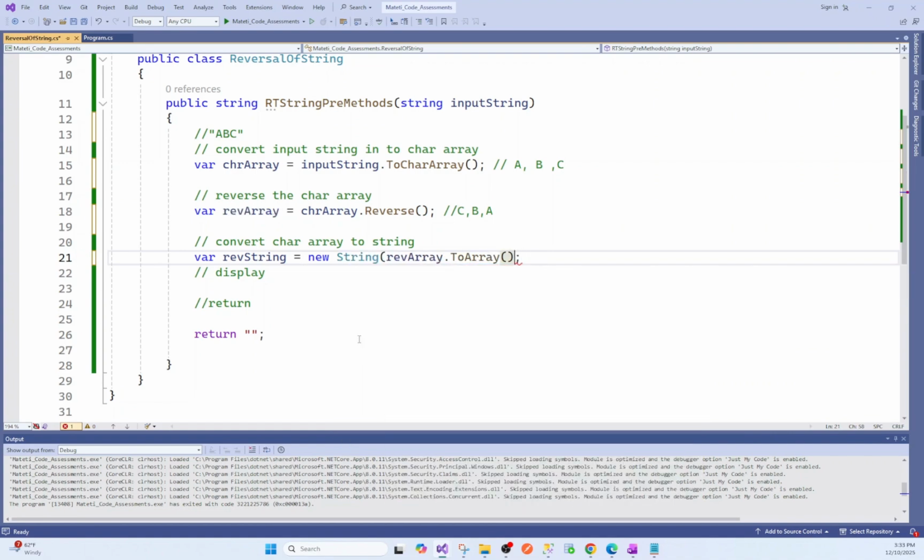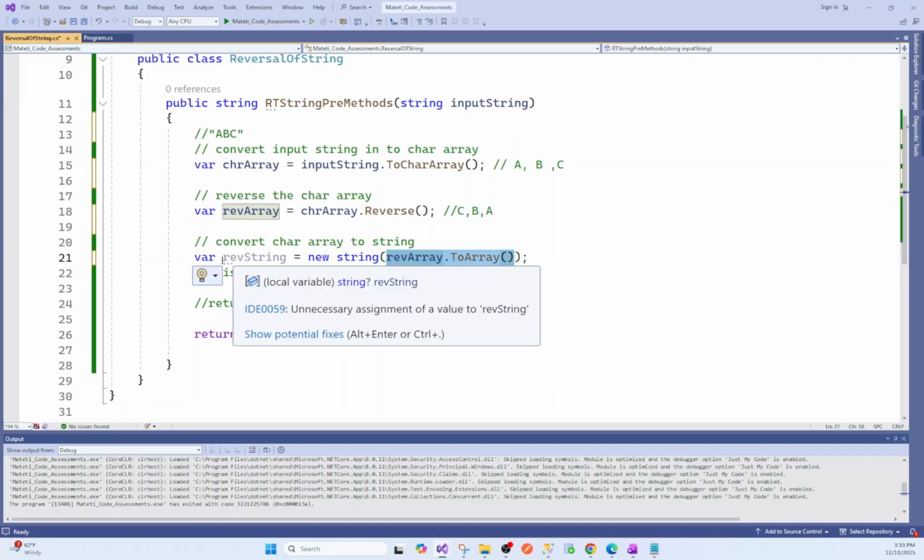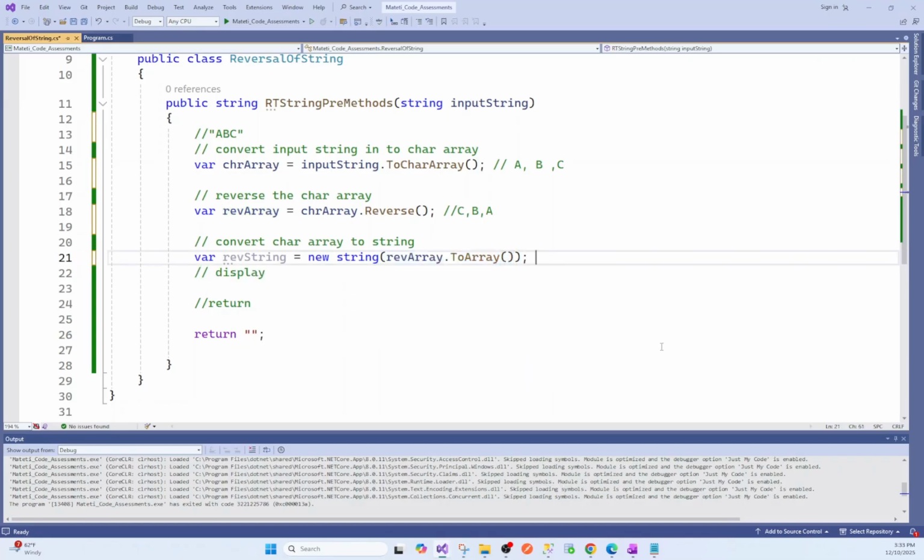Going to create a new object. So I'm passing this char array, converting into array, and this will have a string named CBA. CBA. And here I'm going to display